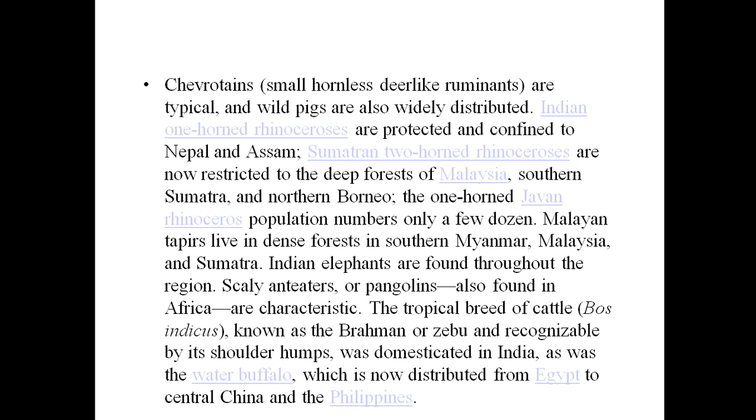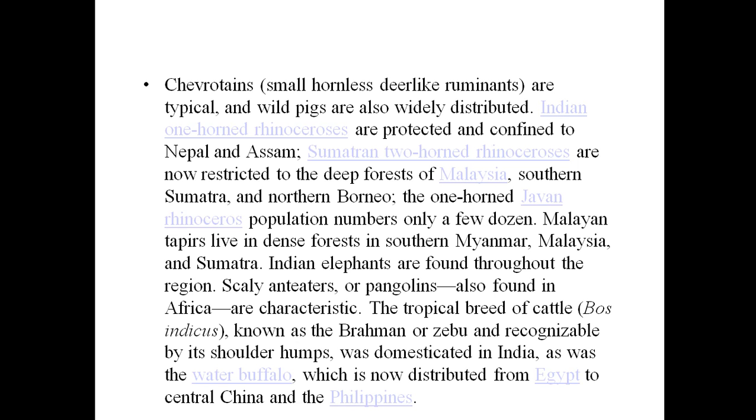Scaly anteaters or pangolins, which are also found in Africa, are a very characteristic feature. Then the tropical breed of cattle, Bos indicus, which is popularly known as Brahman or Zebu, which is recognized by its shoulder hump. The Indian cattle you must have seen, there's a very prominent shoulder hump, domesticated in India,